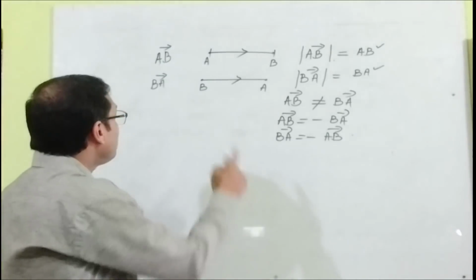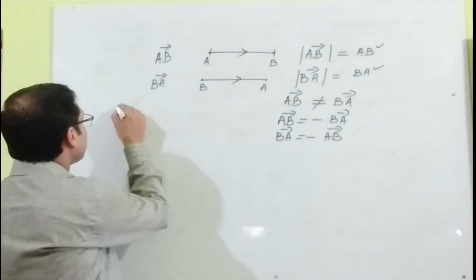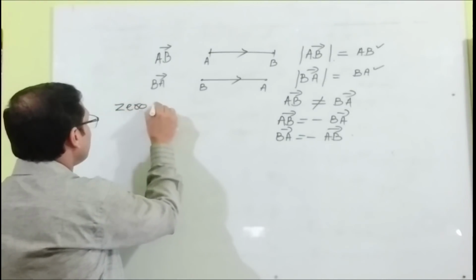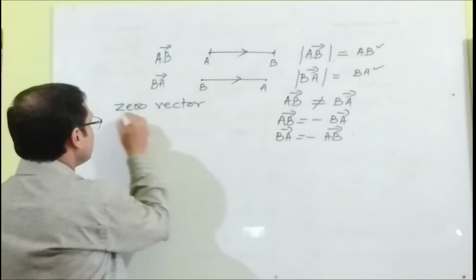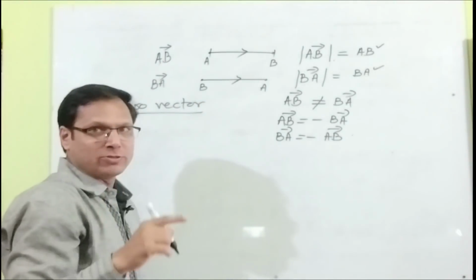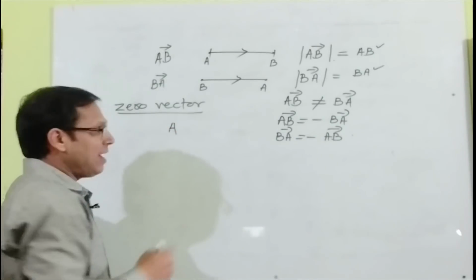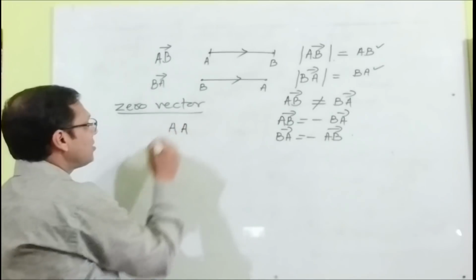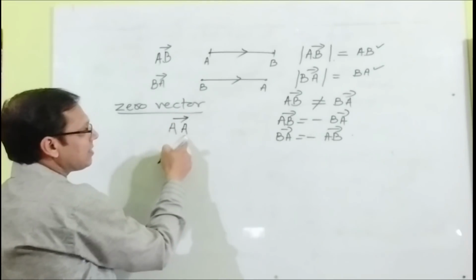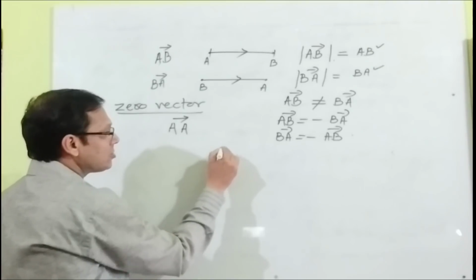Okay, now if we go through the types of vector, then first of all, the null vector, or you can say the zero vector. What is that? Zero vector means geometrically, if you point out the zero vector, its initial position is A and the final position is also A. That means the initial point is A and the final point is also A.